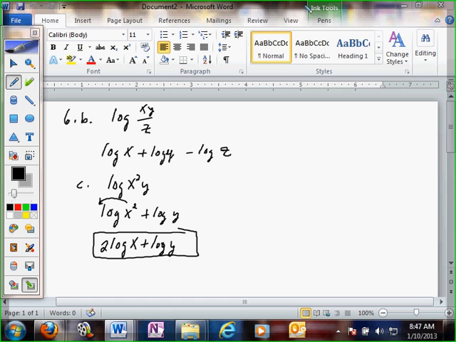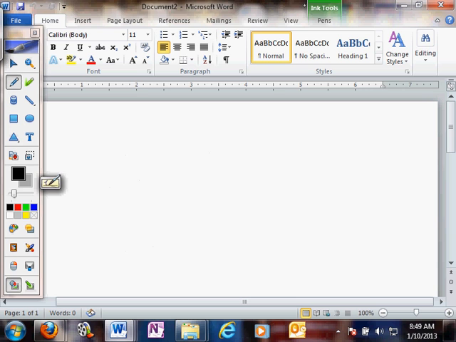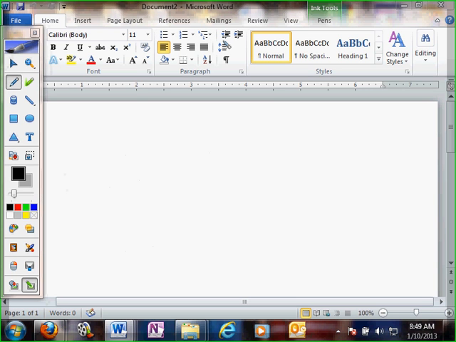We did not do part 7. Let's move on to part 8. And let's look at part A. We've got log base 2 of x plus 2 plus log base 2 of 5